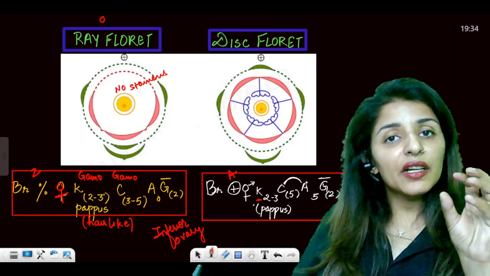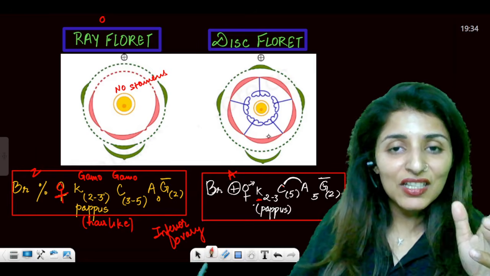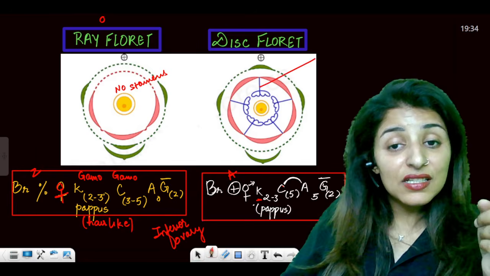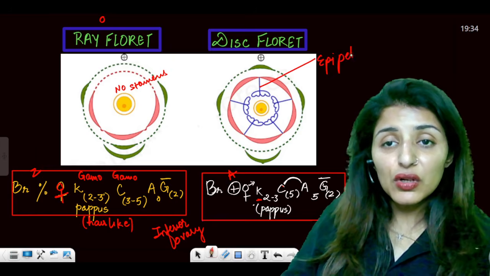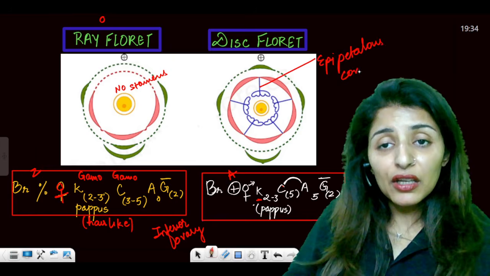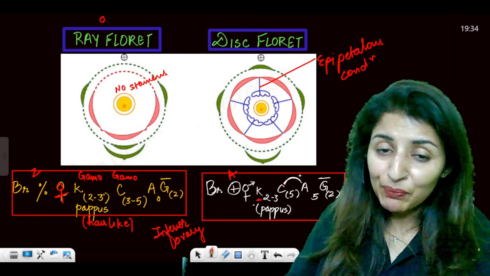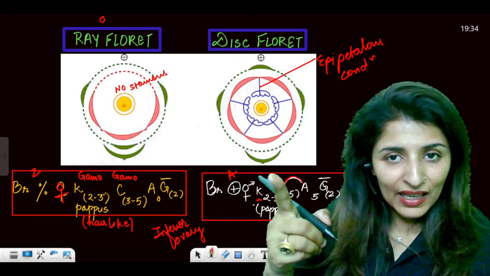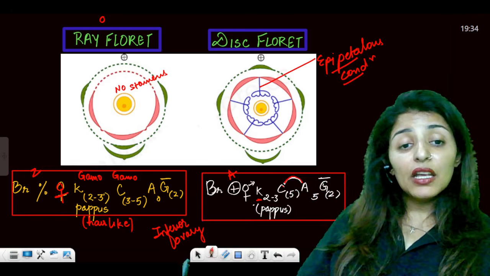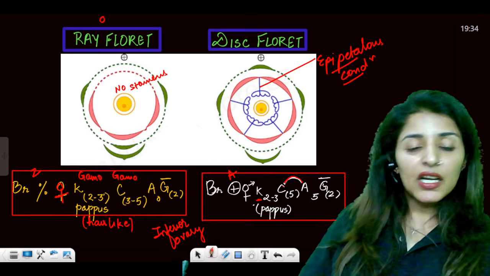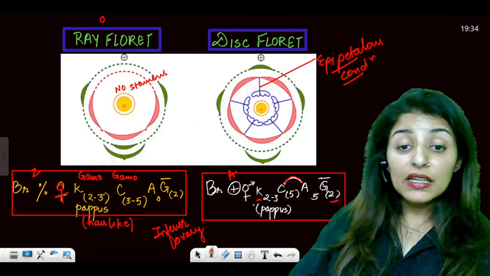Now in this disc floret, androecium is present, 5 in number, and androecium is showing adhesion. It is attached to the petals. So this is known as the epipetalous condition. Can you note how the epipetalous condition is shown in the floral diagram? We know there is a cap which is connecting C and A in the floral diagram, but see how the epipetalous condition is indicated in the formula. Again, talking about the gynoecium, it is a similar condition. It has inferior ovary, bicarpellary condition, and the bracket shows that it is syncarpous.